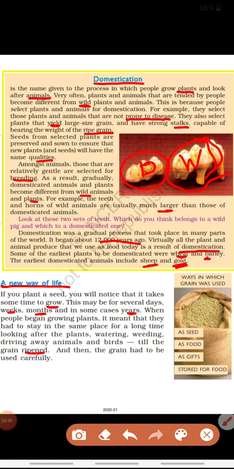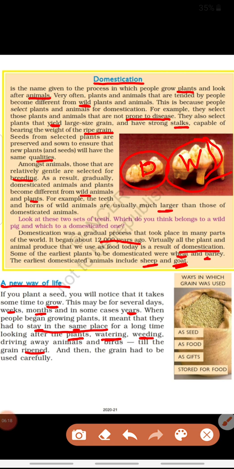So when these hunters and gatherers became farmers, they started settling down and they started farming. So they started growing plants, children, and for growing plants they have to stay at the same place for a long time, because they have to take care of the plants and water them regularly. And weeding means